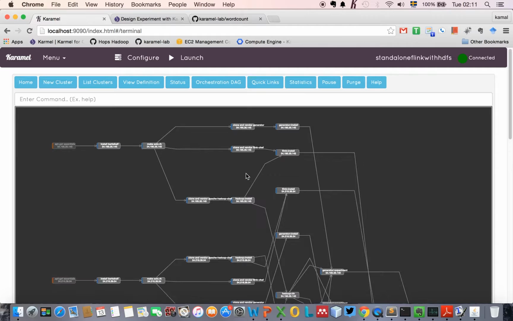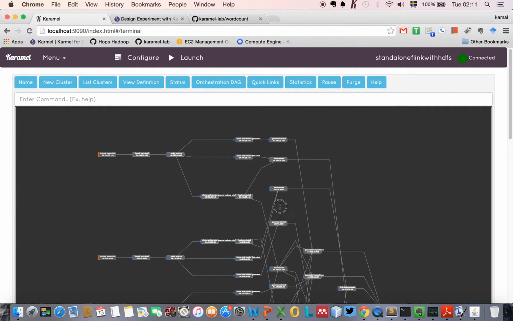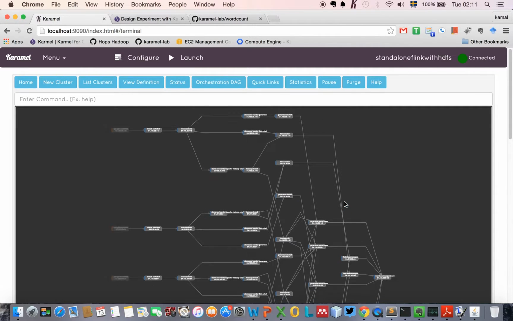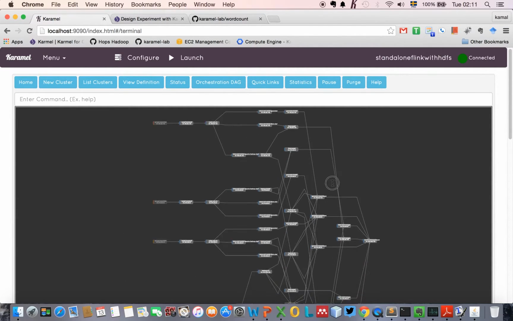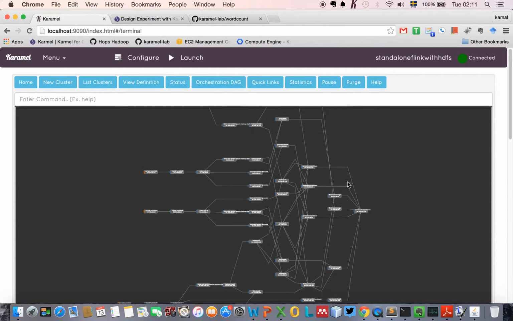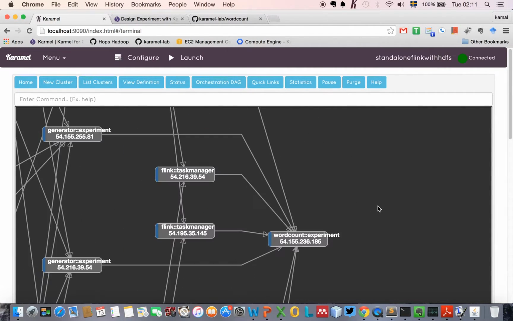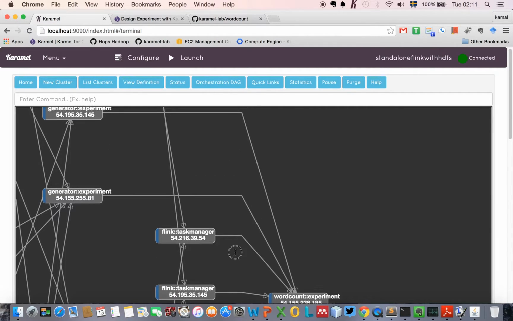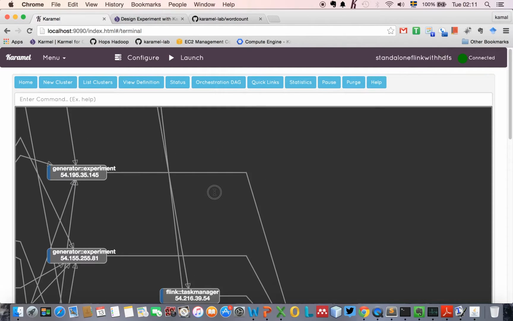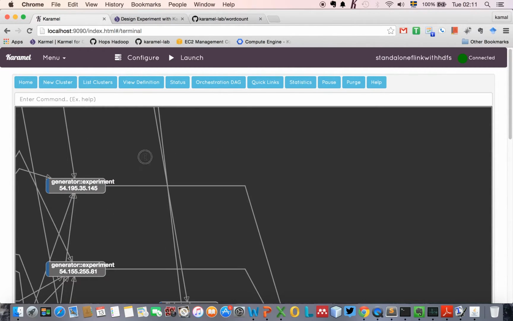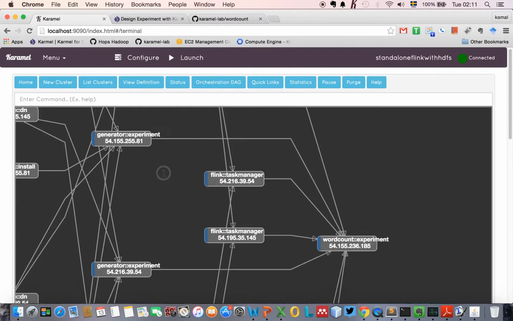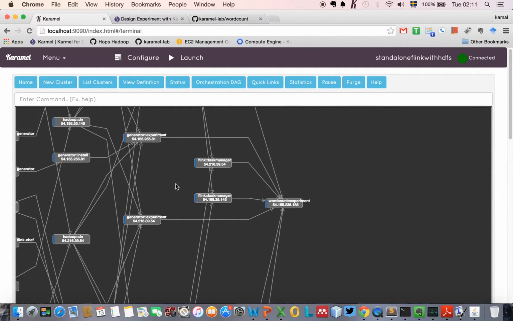Again, it's very good when you design a new experiment and you specify your orchestration routes, that you confirm it in your DAG and take a close look. For example, we have the word count experiment as the very last task that is dependent on the Flink task manager and on all data nodes, and also the generator experiment in all nodes. That's good. And also each generator